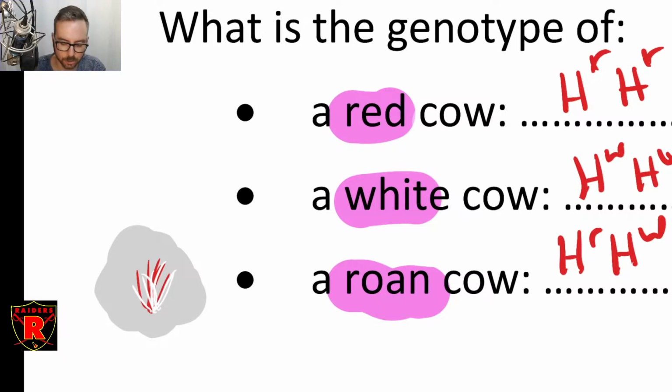Okay? So we've got red hair for one. We've got,